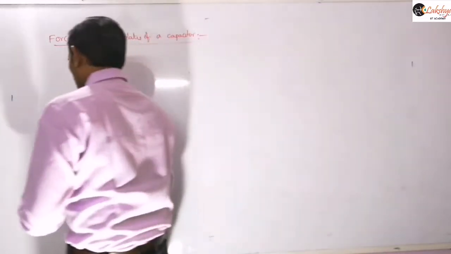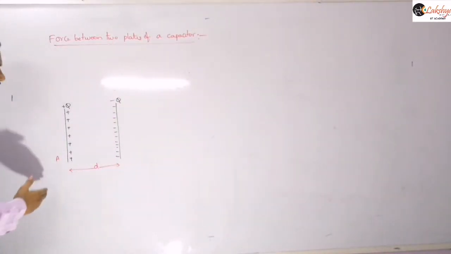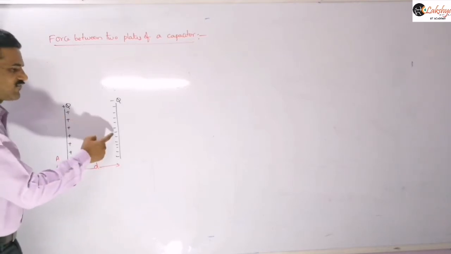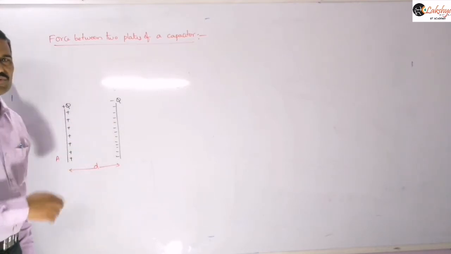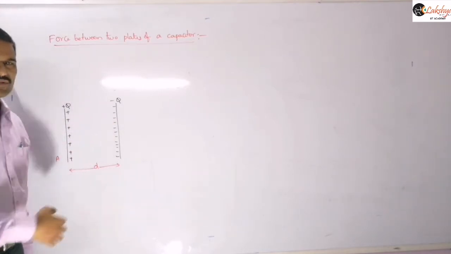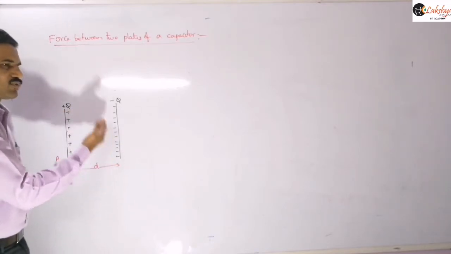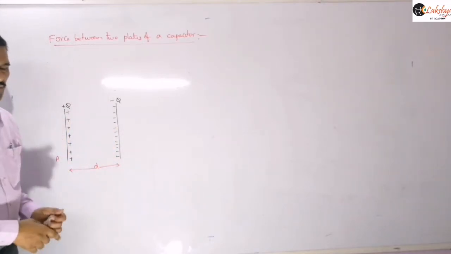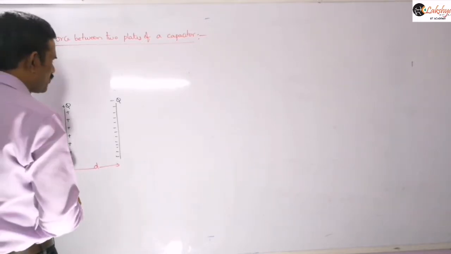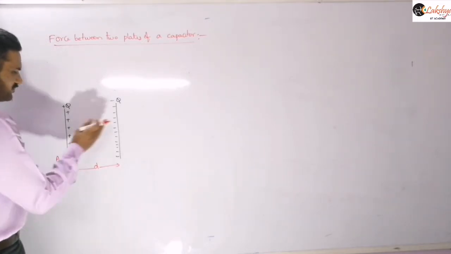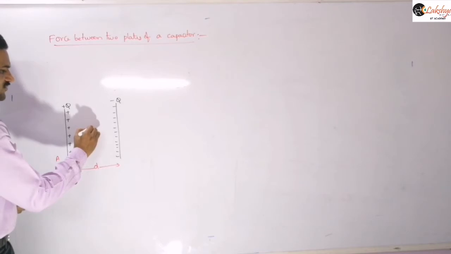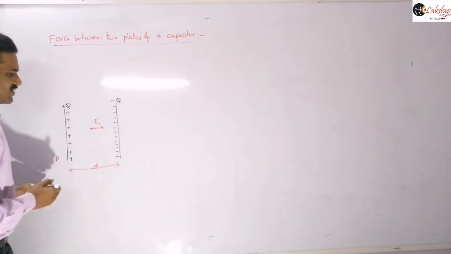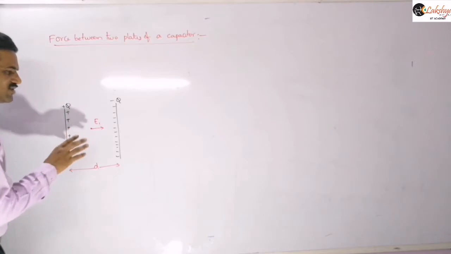And so then we can write this. Suppose I am assuming this plate is producing some electric field, and in that electric field this charge Q, or minus Q, is present. Or we can assume the reverse also. That means this charge is producing some field, and in that field this charge is present. So now let us write the electric field produced by one of the plates here. And as we are taking it as an infinite plate, the electric field due to this will be uniform and it will be along this direction. So electric field due to one of the plates.